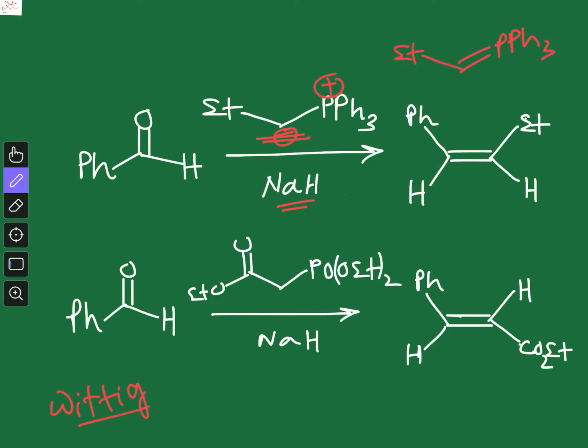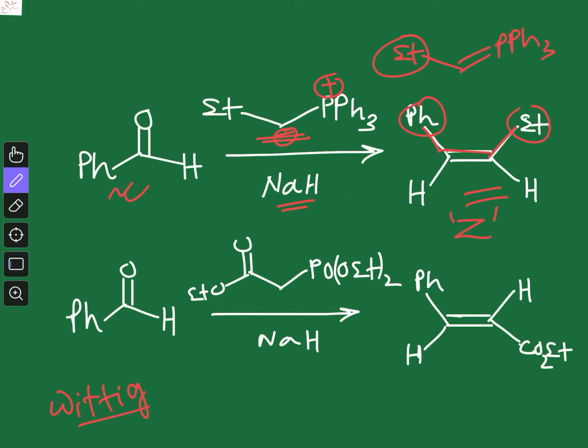Okay, so this is our ylide, and you can see there is no stabilizing group, only an ethyl group is there, which is not a stabilizing group, a normal group. In this case, if you use an unsymmetrical aldehyde like benzaldehyde, you will get this Z double bond. So the geometry or the stereochemistry is Z. This phenyl and ethyl group will be on the same side, and this is the Z stereochemistry.